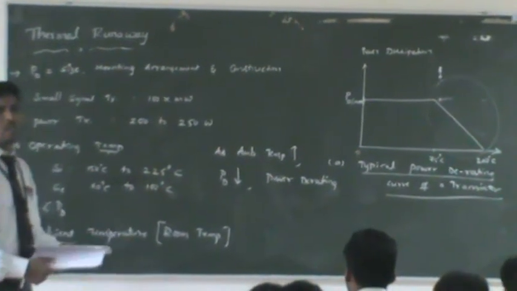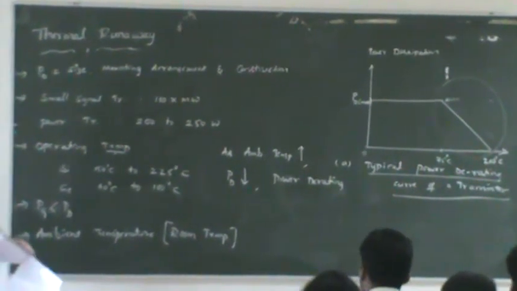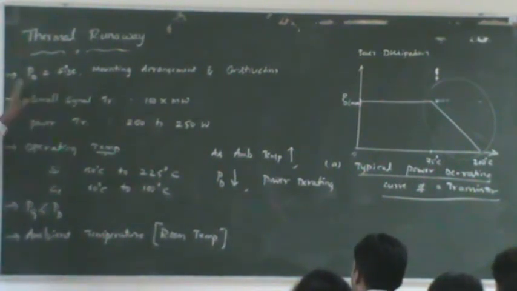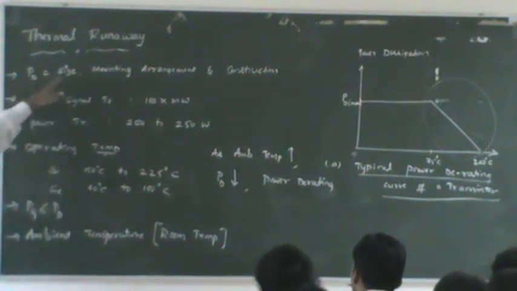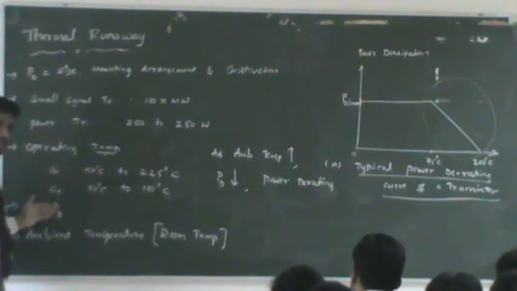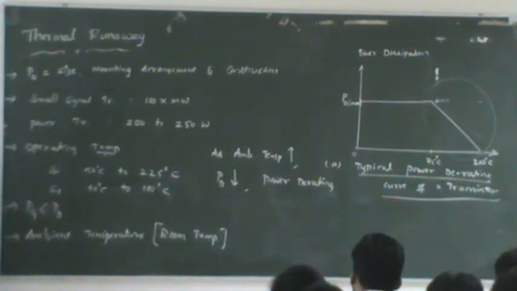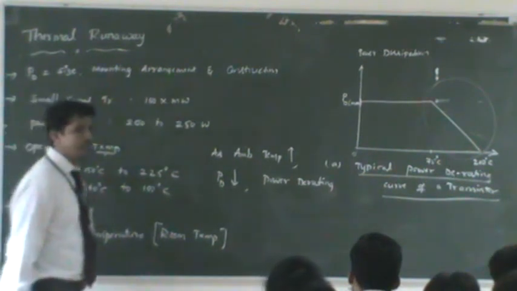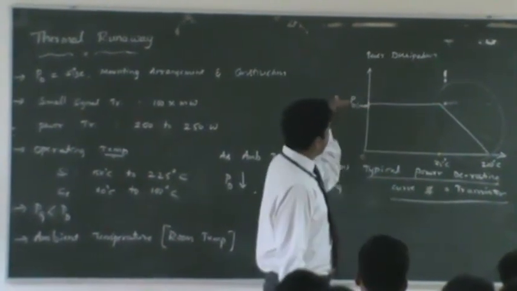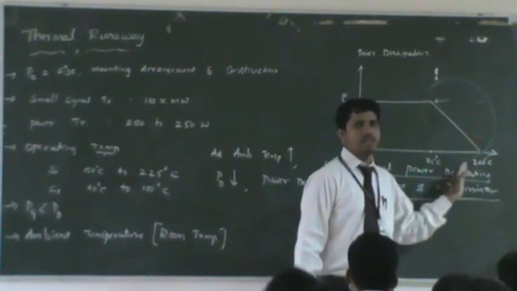Our main intention is not explaining only this, but the thermal runaway concept. Our intention here is to see how this can be explored for a transistor. That's our main intention. So look at thermal runaway. So far, what we discussed is just the theoretical concept of a transistor itself. Transistor power dissipation depends upon factors like types of transistors and transistor operating temperatures. For thermal runaway not to occur, this condition must be satisfied. And we introduced a term called ambient temperature. In a transistor, if the ambient temperature keeps on increasing to a certain extent, power dissipation will be constant. But beyond that, power dissipation keeps on decreasing, from 75 degrees Celsius onwards.